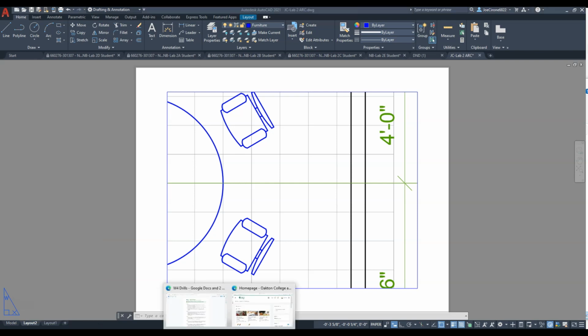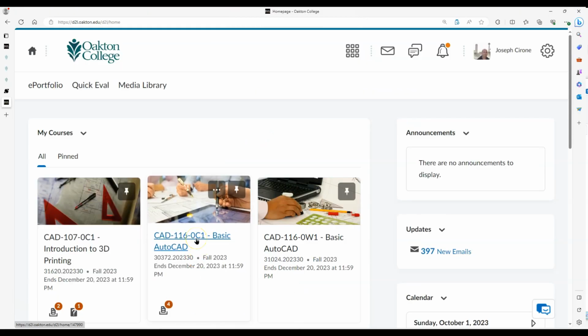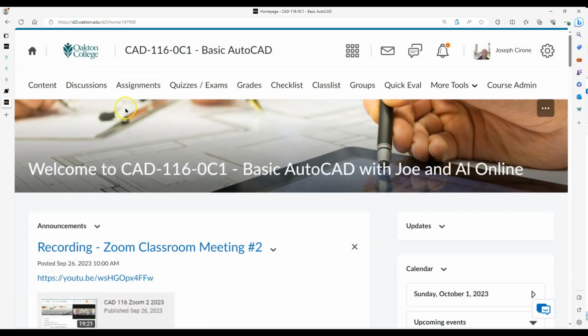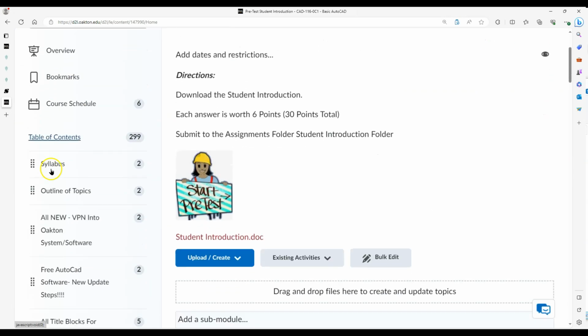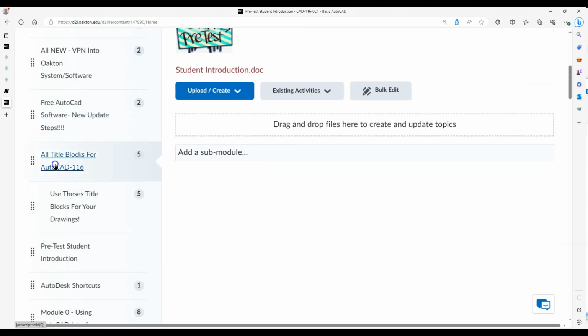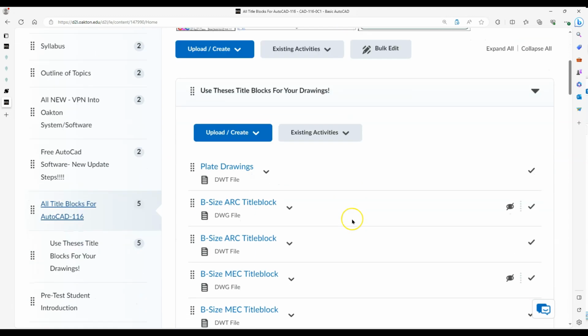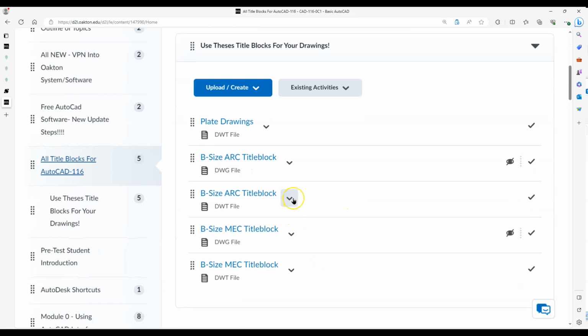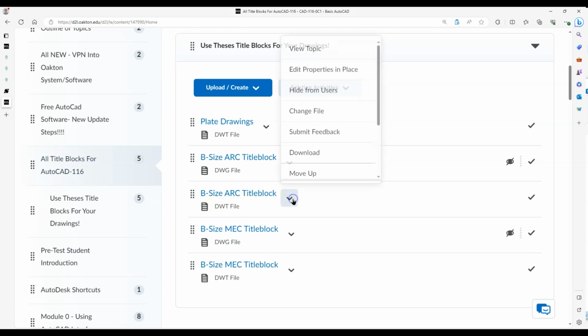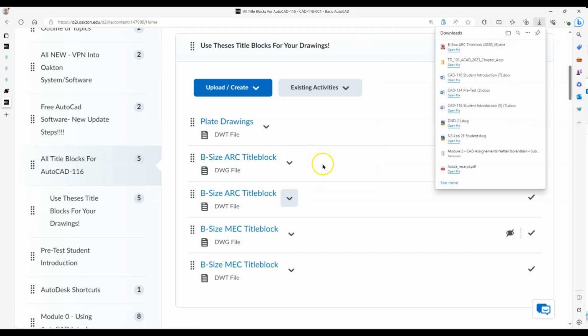So we'll go into D2L, go into our Basic AutoCAD course, under Content, Title Blocks, we'll take the DWT file for the B-size architecture, and we'll just put it in the downloads. Switch back to AutoCAD,